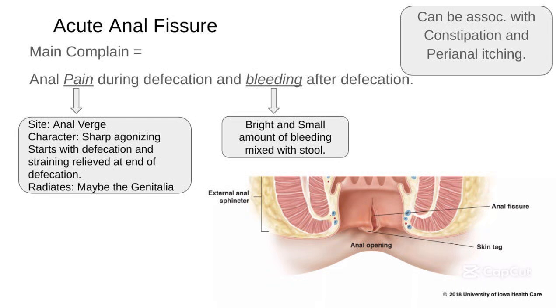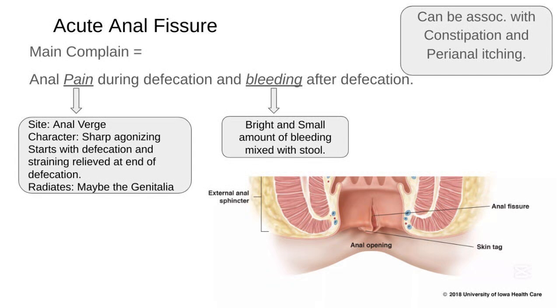Acute anal fissures. In this segment, we'll explore acute anal fissures, common yet painful tears in the anal mucosa. We'll dive into their pathophysiology, symptoms, and evidence-based treatment. An anal fissure is a linear tear in the mucosa of the anal canal, typically located at the posterior midline due to reduced blood flow in this area.